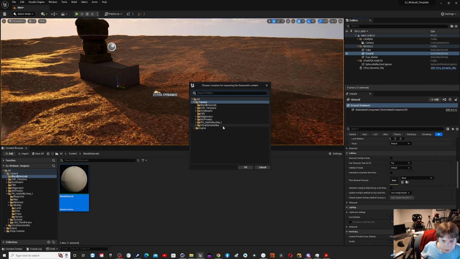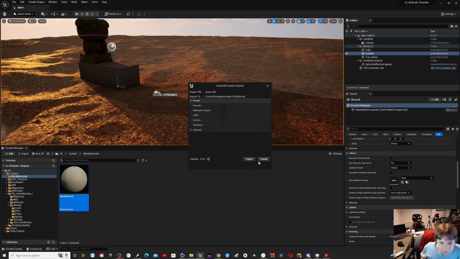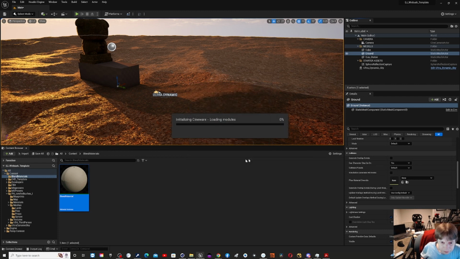Let's see, I'm gonna put it in developers, I think, for now. Step 1 and collections, let's put it there. Yeah, I want the whole 9 yards. Now, I don't know if I set this, I think you can tell it to do Nanite. So you can see it's